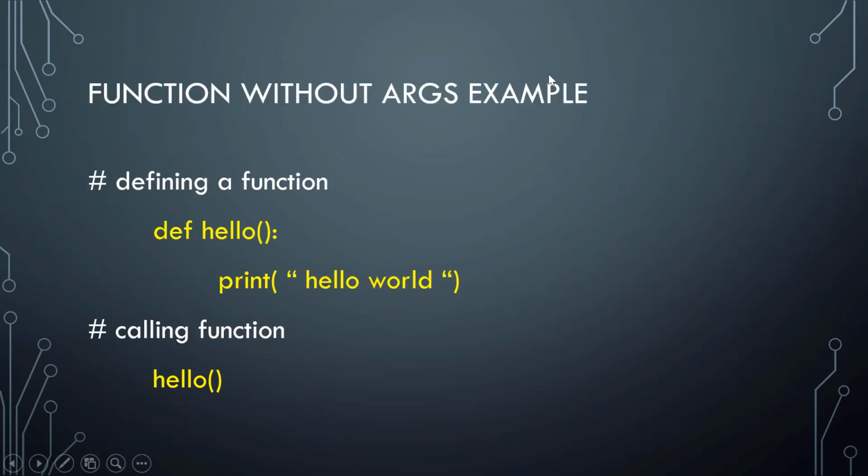Now let's see how to write a function. Functions can be implemented sometimes with arguments, sometimes without arguments. This example is completely without any arguments. We are just defining a function without any parameters or arguments, and we are calling it. So how to define? Def space hello. Def is the keyword. Hello is your function name, it can be your name also, no problem. Open close parentheses and colon. I followed the function syntax and I didn't write anything inside the parentheses. That means it doesn't have any parameters. And then print hello world. So this function is going to print hello world. That is the job of this function.